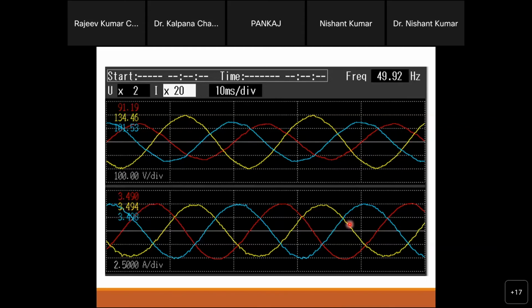So this is the beauty of the control. If any unbalance or any harmonics come from the grid side, that will not reflect here, right? So all the grid side disturbances will be mitigated and the system will react. I'm not saying the system is going to correct the grid voltage behavior. But here what we can do is that we are not going to contribute any extra burden on the grid. That's why you will see this is a balanced one, right?